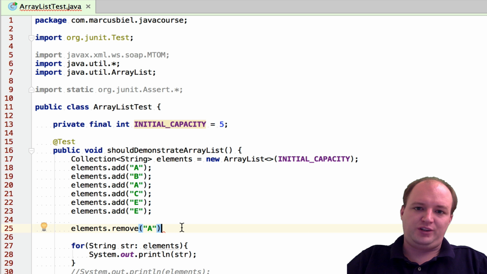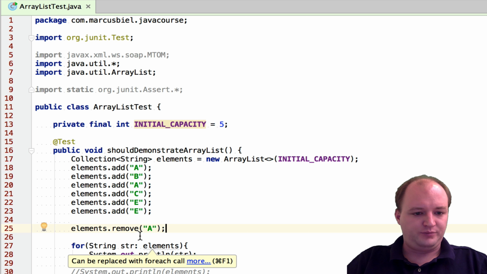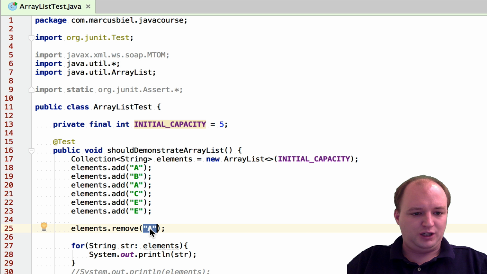If you don't know about the equals method, I also have a video about it. So it goes over each element and checks by using equals, which is implemented in the string class, if this A is equal to one of those elements here, and will then remove it.